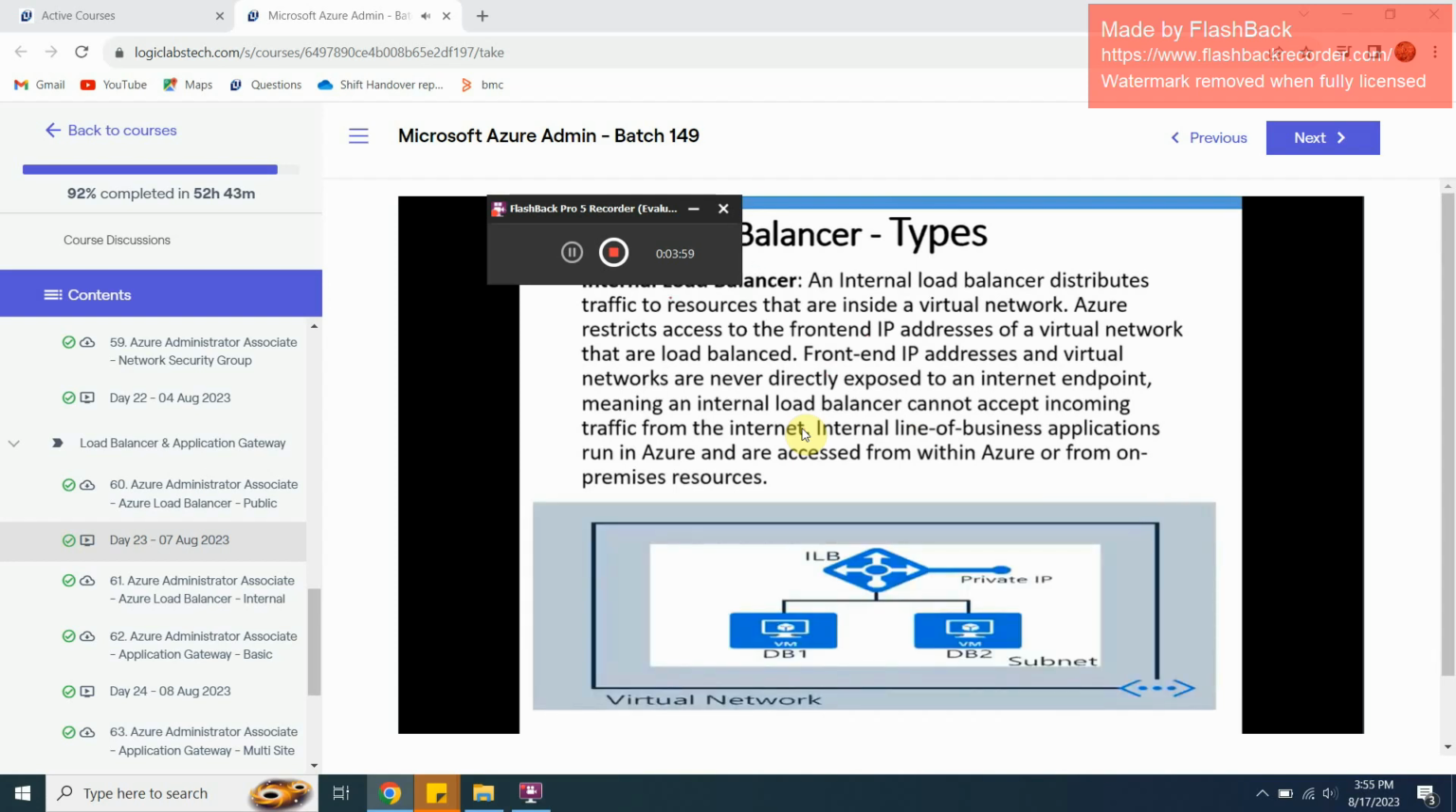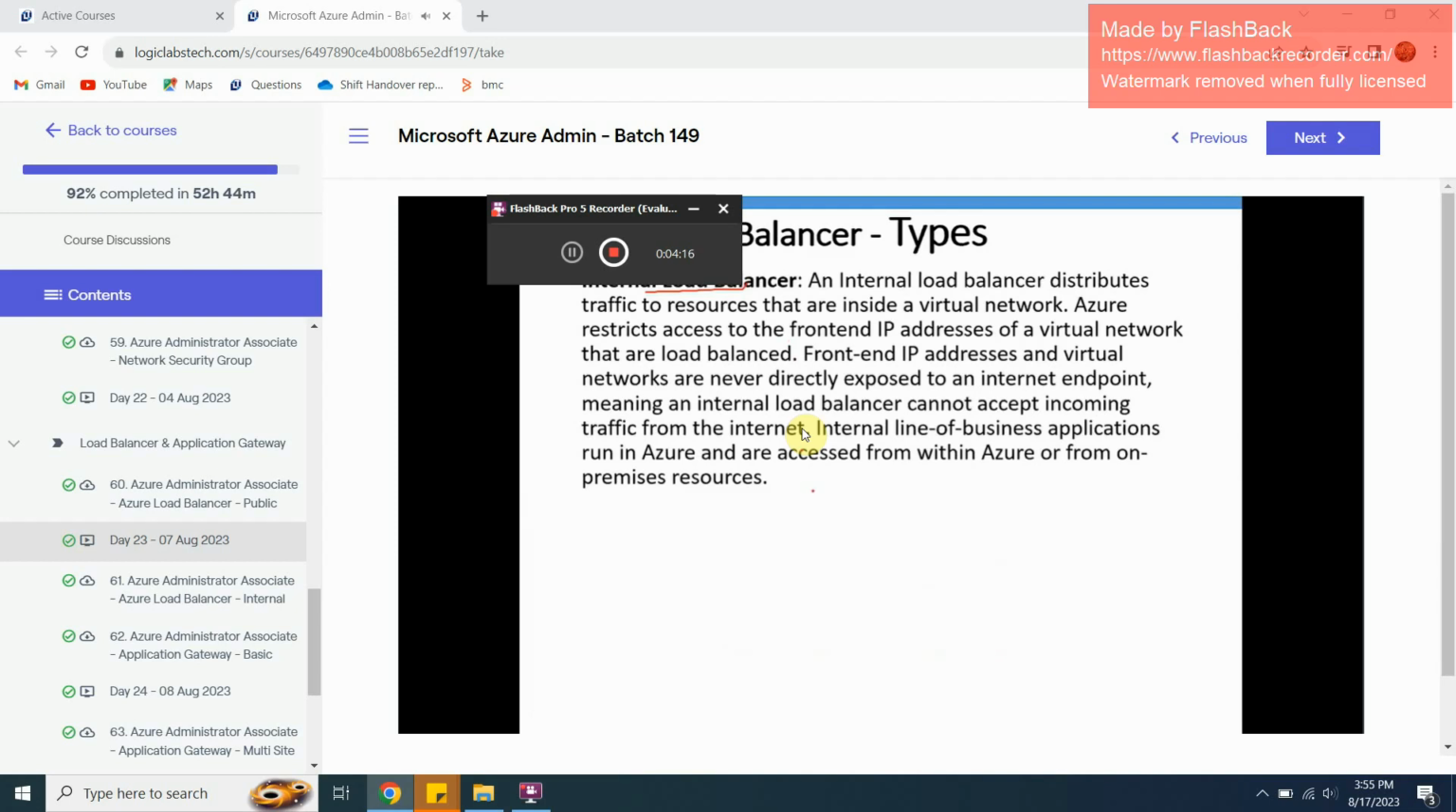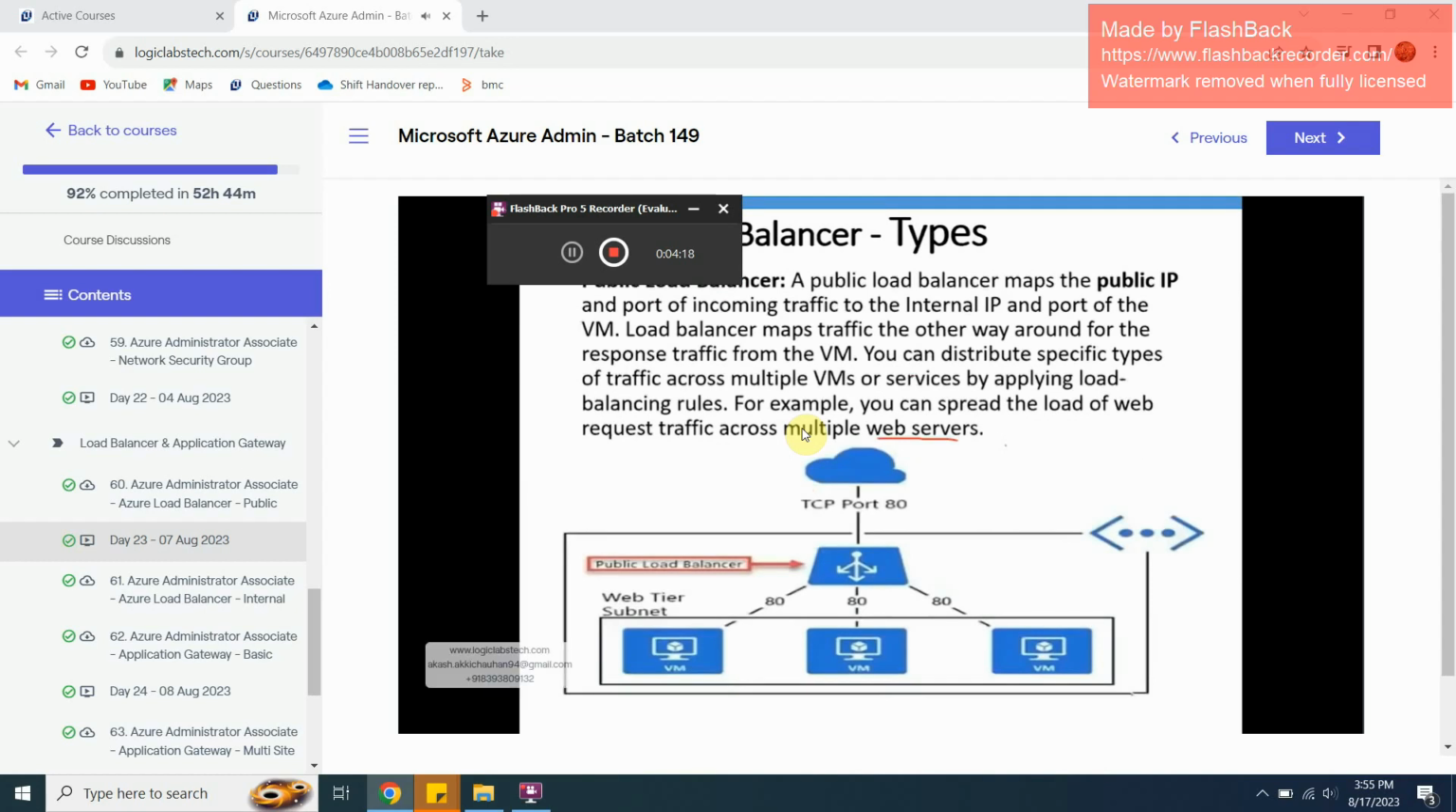We can't access this particular load balancer outside of our VPC. The VPC which we have created, outside of our VPC we can't work on internal load balancer. Public load balancer I can access from my VPC also, outside of my VPC also. But internal load balancer, we can only access from our